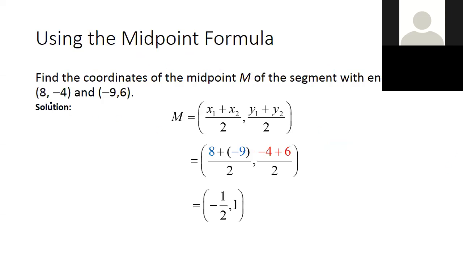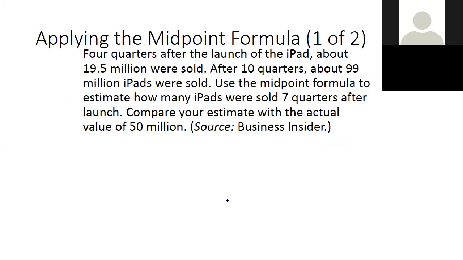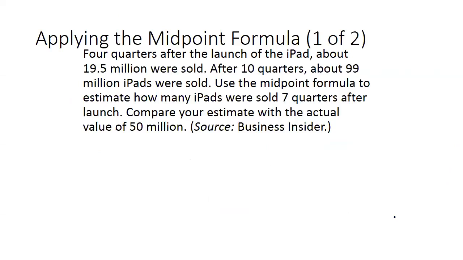If I have these 2 points, we can label them like we did with the other one. We can call this x1, y1, x2, y2. You add the x's divided by 2 and add the y's, and that would be the midpoint there. Okay, so here we have another example here where it says apply